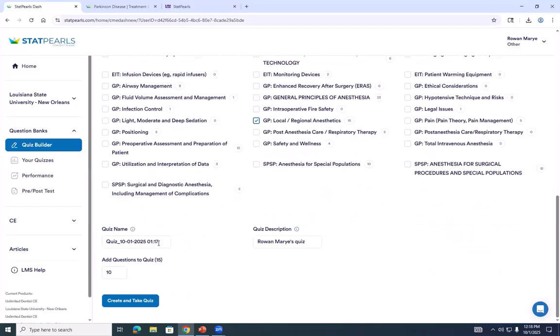You can also name your quiz, so if you want to have it named something more memorable than October 1st, or give it a description. And then you can set the number of questions you want. So if you just want a short little thing, you can make it 5. Oh, wait,